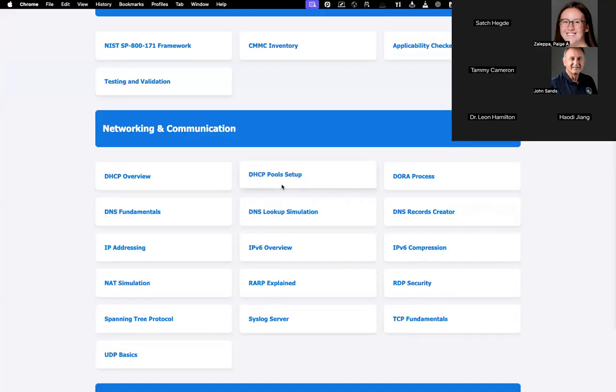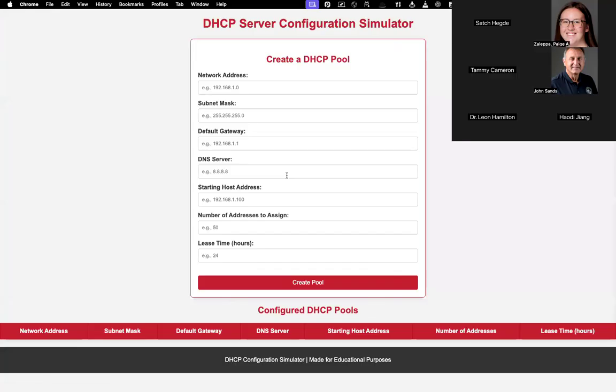But then we could say, okay, now let's have students set up DHCP. So we can easily have AI create a little simulator for creating DHCP pools. So all we have to do is basically say, I want a simulator, and we teach how to write the prompts and so on, how to do this. But if you want to create a pool, you have to put a network address in,